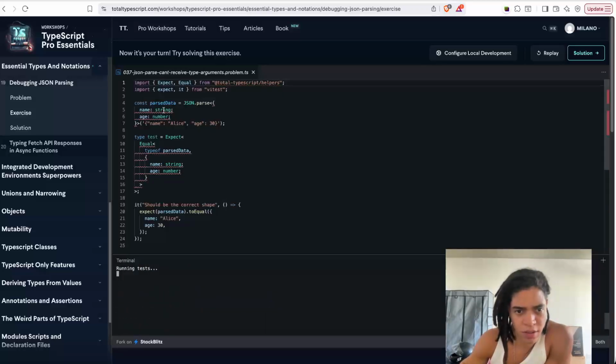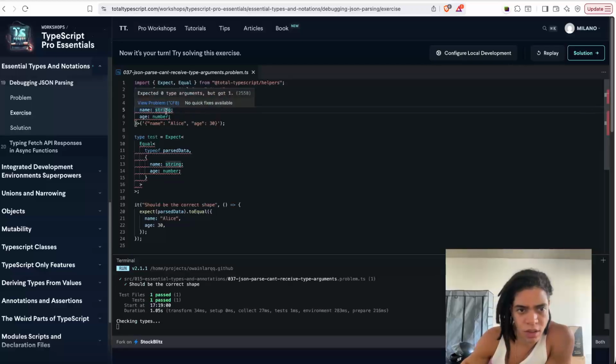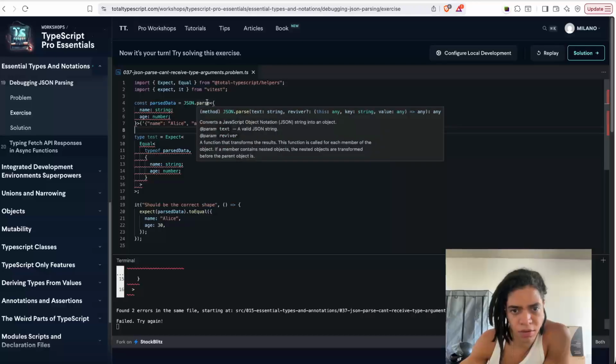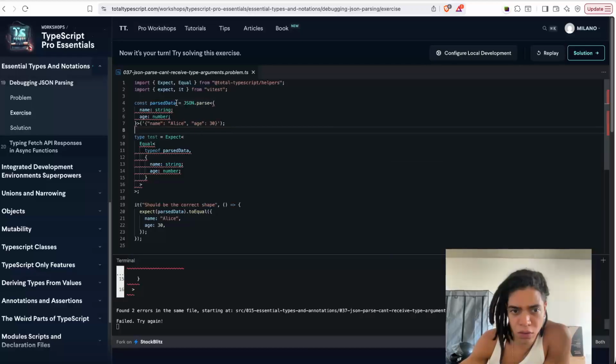So essentially here what it's saying is I expect 0 type arguments, but I got 1. AKA JSON parser here. It is expecting at least this, in a reviver, which is another function, and it's returning now any. So what we can do here is to